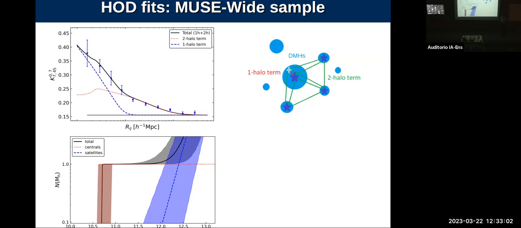So let's say we have a dark matter halo of 10 to the 11 solar masses. At 10 to the 11, we are at a number of galaxies of 1. So this means that in a 10 to the 11 solar mass halo, we can only have one central galaxy, only one Lyman-alpha emitter. If we have a slightly larger dark matter halo, something like 10 to the 11.7, we are at a number of galaxies of 1.5. So this means that that dark matter halo can have one central Lyman-alpha emitter, and then you have a 50% chance of having a satellite Lyman-alpha emitter.